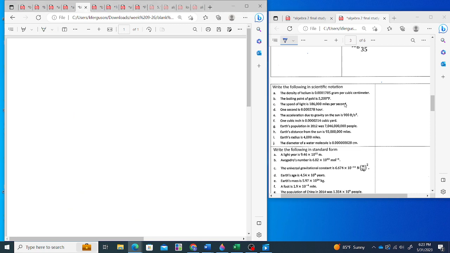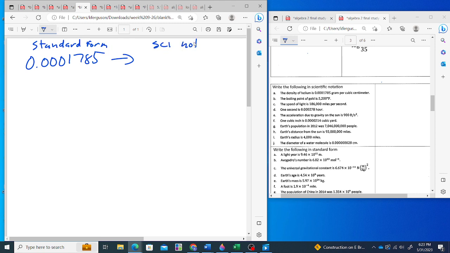For our scientific notation, now there's not really a general form for scientific notation. So what I would suggest is just write down a couple of examples. You can write whatever you want on your note card. So just give yourself a couple of examples if you need to. So this is standard form, right? And so scientific notation is